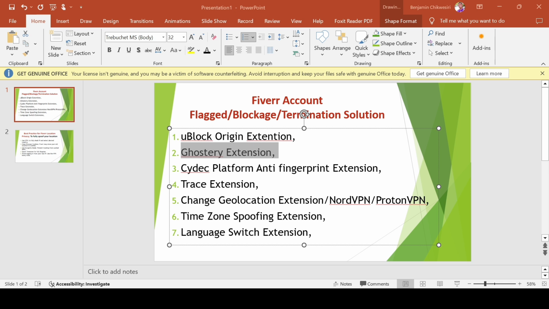So I think this is the last extension that we'll be setting up before creating our account. I'll be waiting for your reply. After you have installed all this, tell me in the comment section so that we'll go ahead to create and verify an authentic Fiverr account. Install this, get back to me, and believe me, if you use this, there's nothing like being flagged or your account being restricted. It reduces the risk. So thank you and see you in my next video.